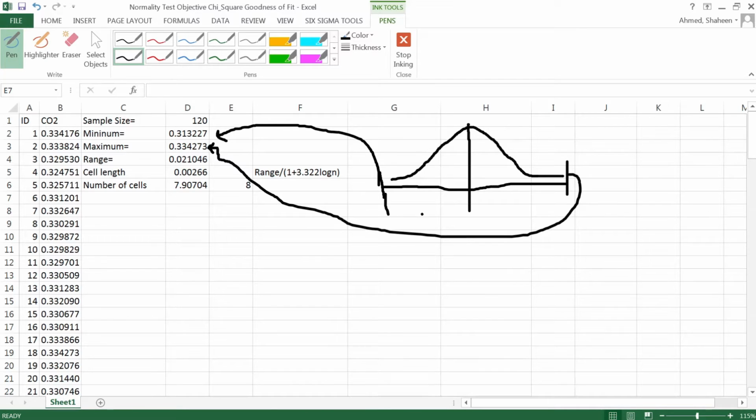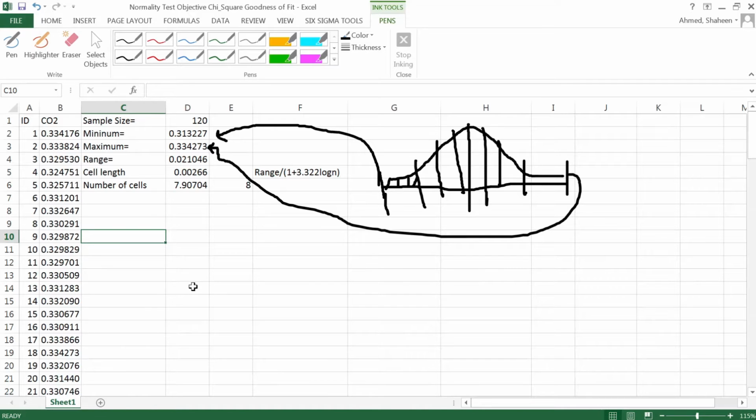So my range, I can simply do max minus min to get the range value. Then I'm dividing this by 8 different cells. So my goal is to find out what this cell length is. So I got 8 cells